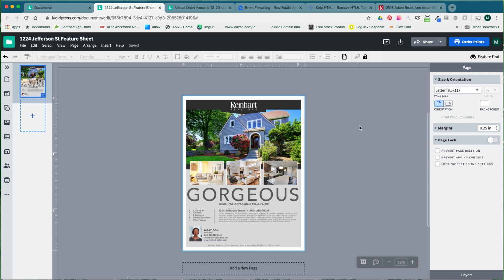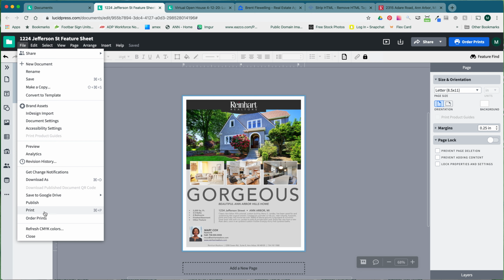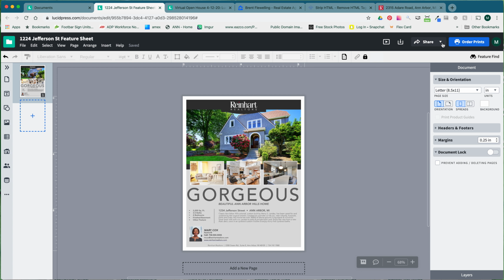Everything's good to go. Now I don't want to print in Lucidpress typically. So you can, but it may take a little while for the file to generate. Since this is an online software, it can't just take this info directly from your document file and just print it out. It has to generate a file to send to the printer. So what you can do